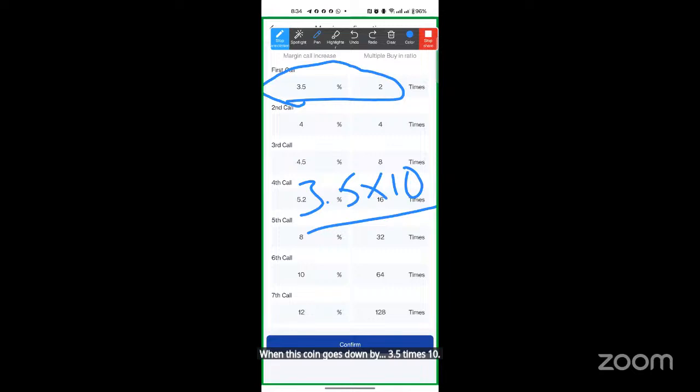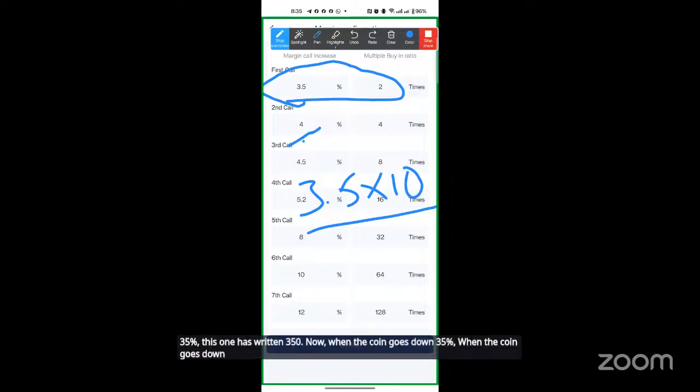How many have understood? So when this coin goes down 35%, this one has written 350. When the coin goes down 40%, when the coin goes down 45%, when the coin goes down 52%,